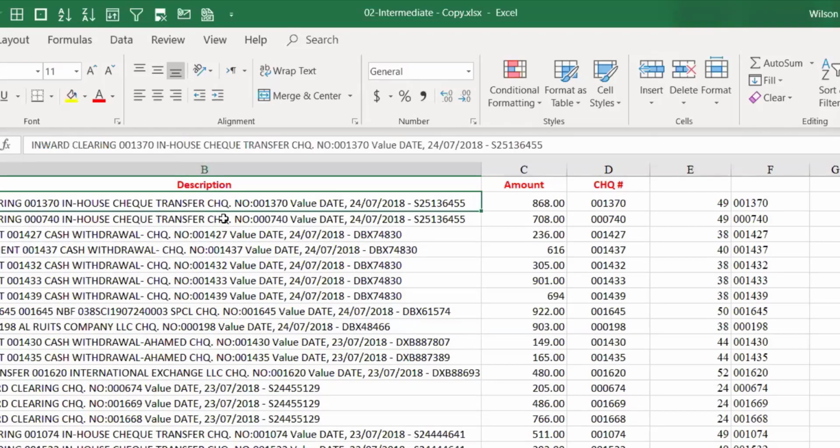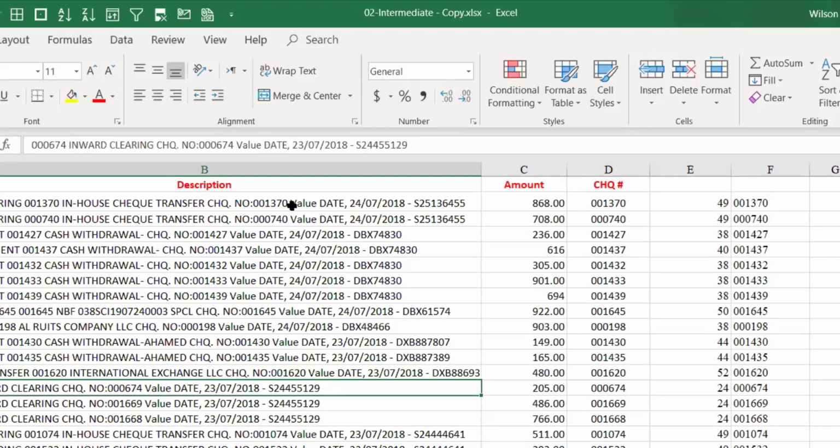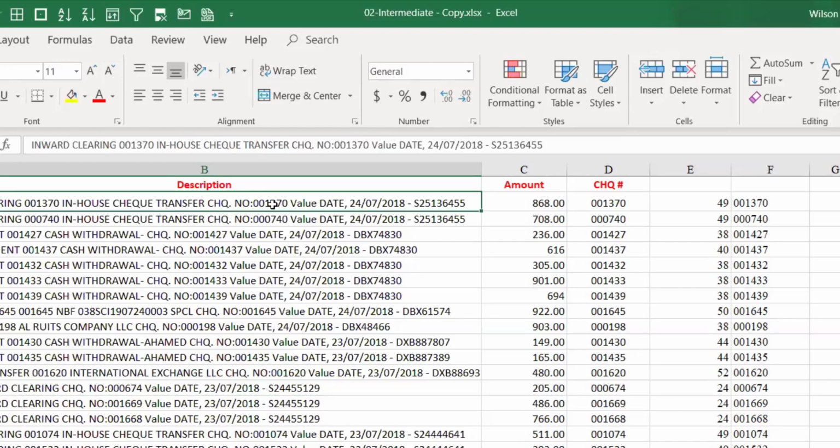You want to extract this check number from this description. To extract that, we have to look at what pattern it is appearing in. Check number 001370 is the check number here. Everything is prefixed with CHQ NO. So we have to find CHQ NO, and after that the check number.